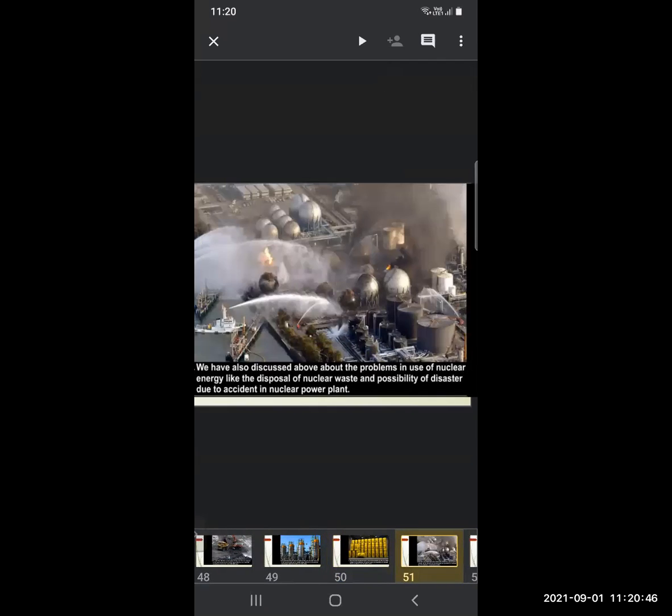This is the picture of the nuclear power plant, where this accident happened, and how they are using the water